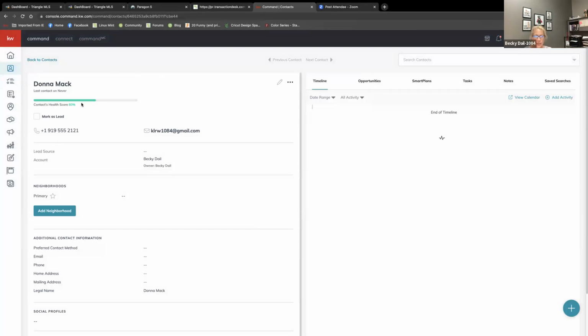And this green line shows your contact health. Now, your contact health is based on the amount of information that you have per contact. We like to see you in the green with all of your contacts. The more information you have for each contact, the more ways you can reach out to those contacts and drive